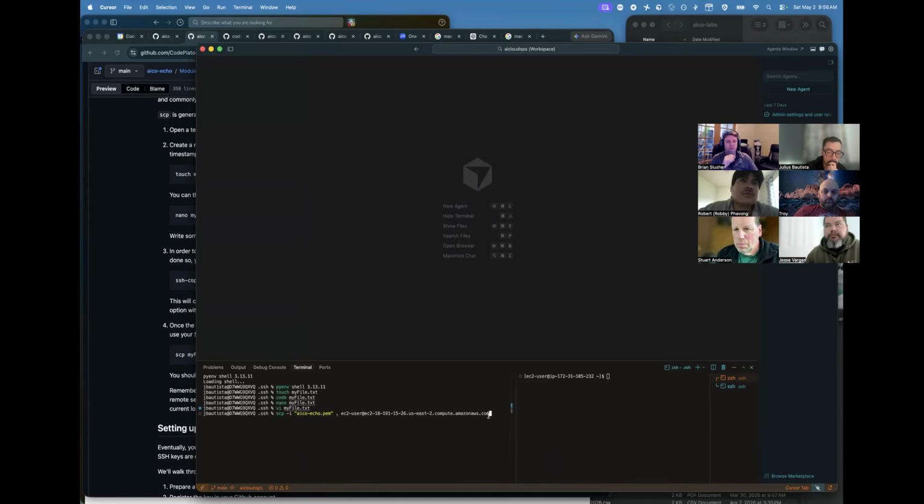And what I'm going to add here is a colon to specify that this is the remote server. And now on that server, I want to send it to this path in the system. And I'm just going to send it to my home directory .ssh. So the .ssh directory in my home directory. If I hit enter,